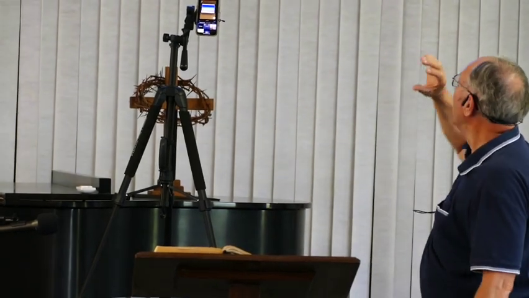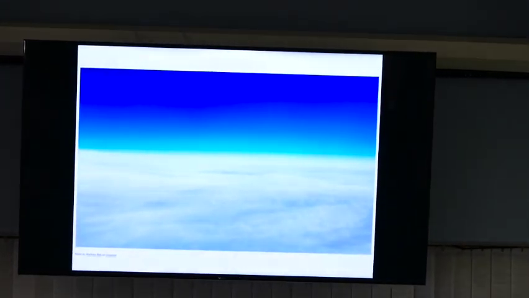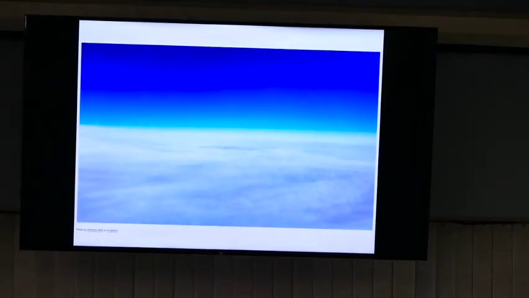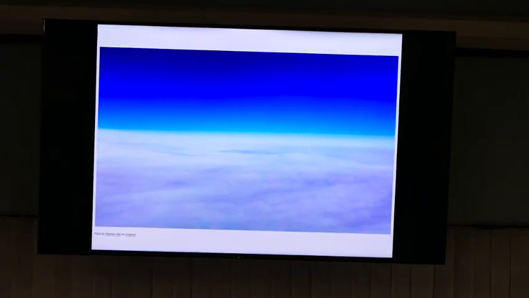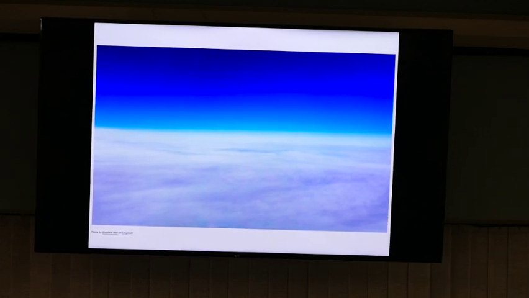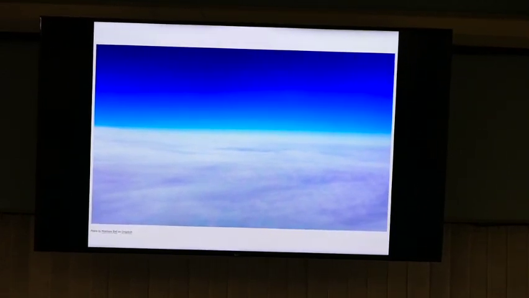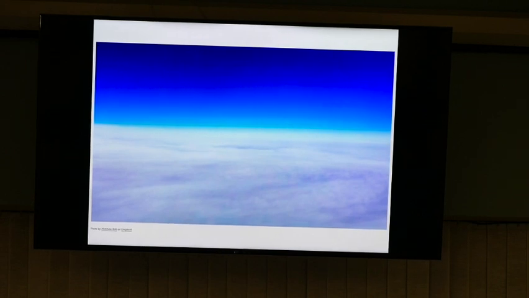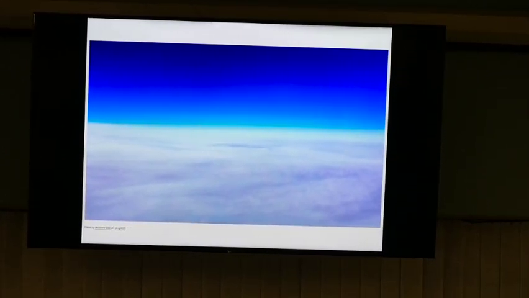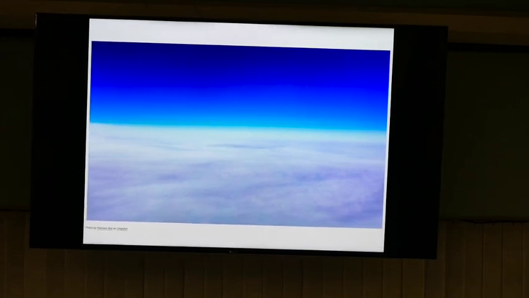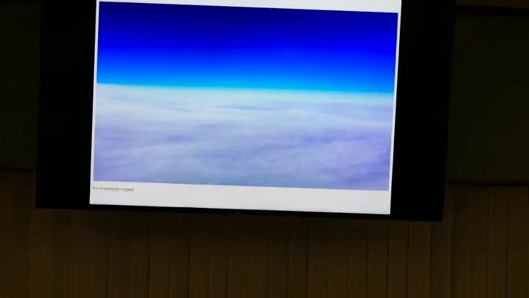The camera is actually looking through some of that, and so it's seeing some of that blue color anyway. And you get down far enough and you get to the clouds, and some of those clouds can go even further up than we see here, but there's a limited amount of distance. Okay, so that is the atmosphere, the heavens that it talked about when it said he separated the waters below the firmament and the waters above.